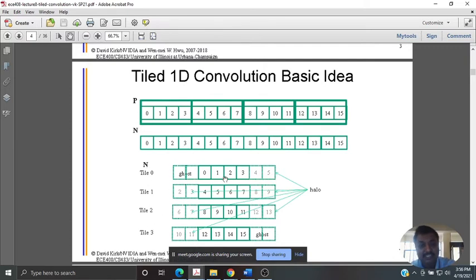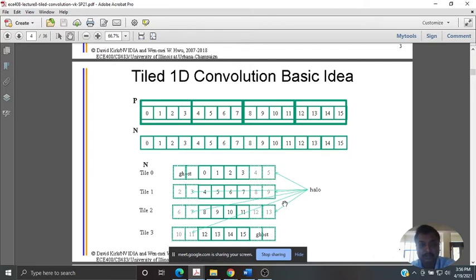Whenever you consider this element and you want to compute the convolution, you want to align this with respect to the first tile, so additional elements are required with respect to the radius. These are ghost elements, and sometimes they are also called halo elements. What are halo elements and what are ghost elements? Ghost elements are nonexistent, and you assume zeros there. Halo elements are repetitively used across tiles. So 4 and 5 are also available over here, or 12 and 13. Across tiles, the elements that are shared are called halo elements.